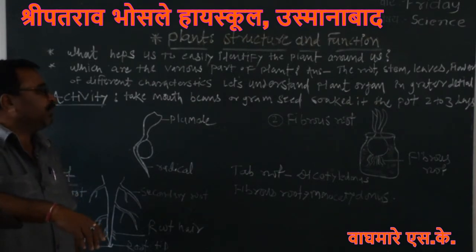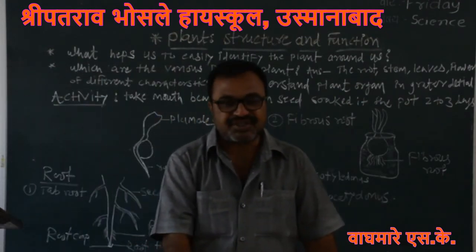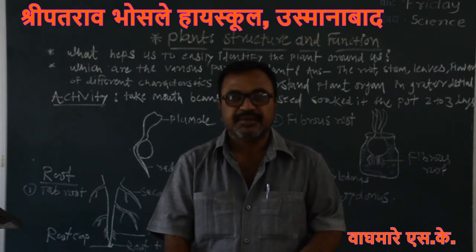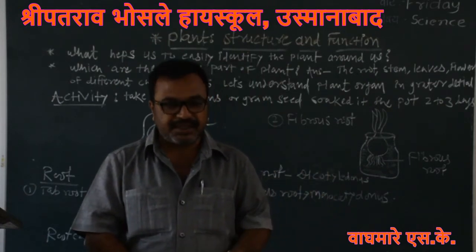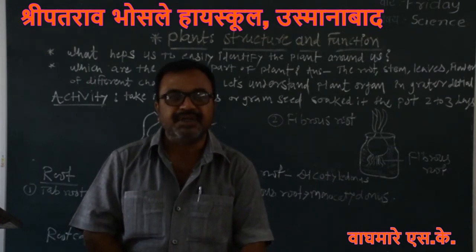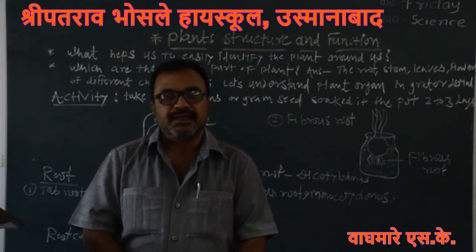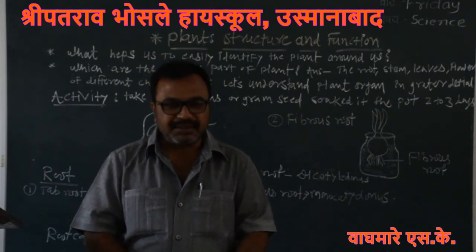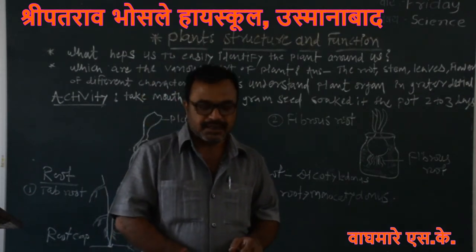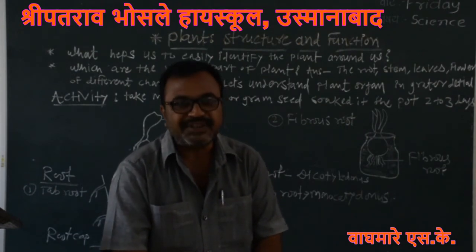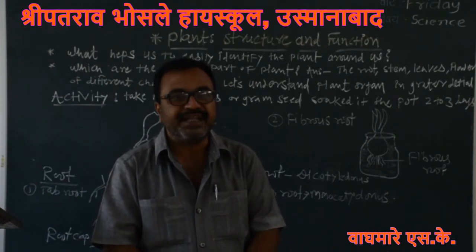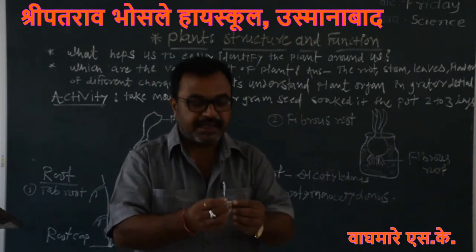In that activity, you have to take some gram seeds as well as red gram, mud beans, etc. Then these beans you have to put in the beaker with water. After some time, you collect them and soak them in cloth for 2 to 3 days. After that, we observe the seeds sprouting, and the structures are like that.